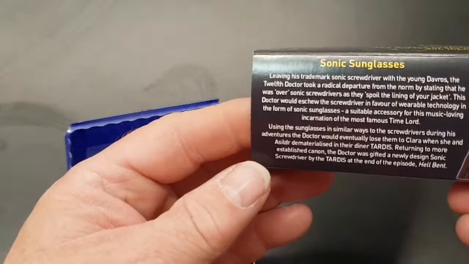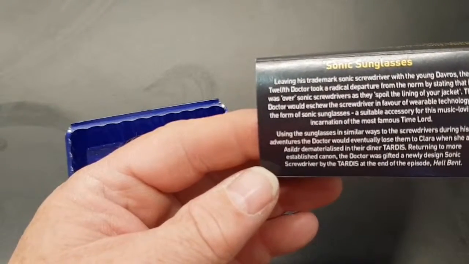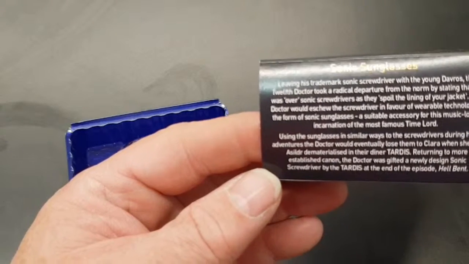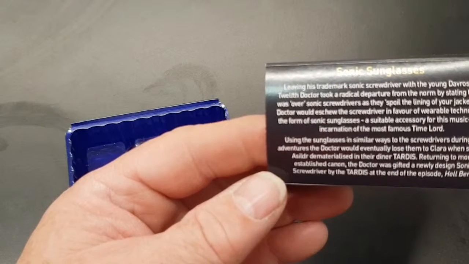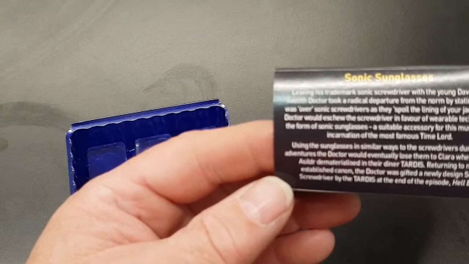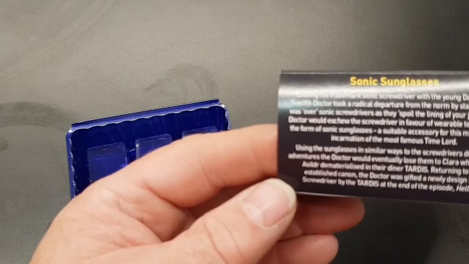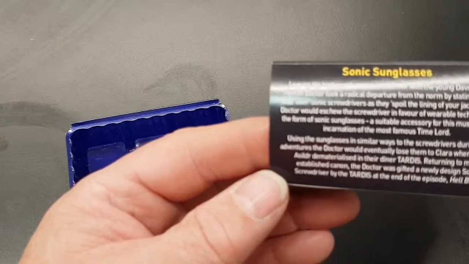Leaving his trademark sonic screwdriver when the young-faced 12th Doctor took a radical departure from the norm by stating that he was over the sonic screwdrivers as they spoiled the lining of your jacket. Thus, the Doctor would eschew the screwdriver in favour of wearable technology in the form of sonic sunglasses, a suitable accessory for his music-loving incarnation of the most famous Time Lord. Using the sunglasses in similar ways to screwdrivers, though through his adventures, the Doctor would eventually lose them to Clara when she said,